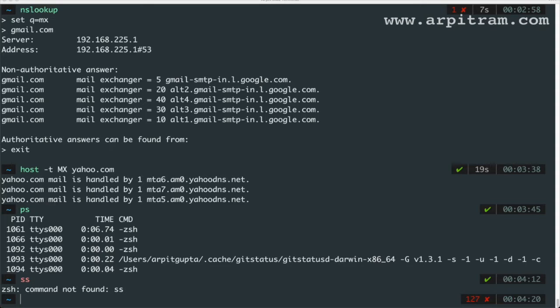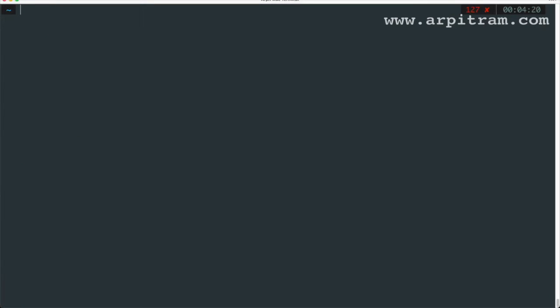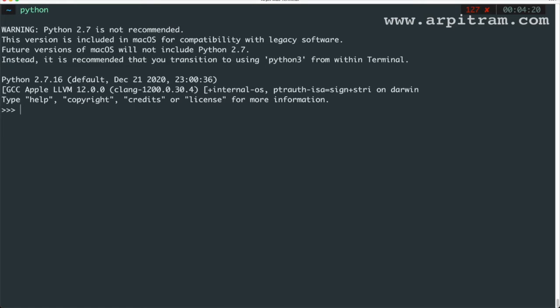Now we are going to see some environments, like if you're working in Python and you want to try out some things in Python. Python is always shipped with the OS, so it is highly recommended to create your own virtual environment rather than using the existing one. Whenever you do python -V, you will get Python 2.7.